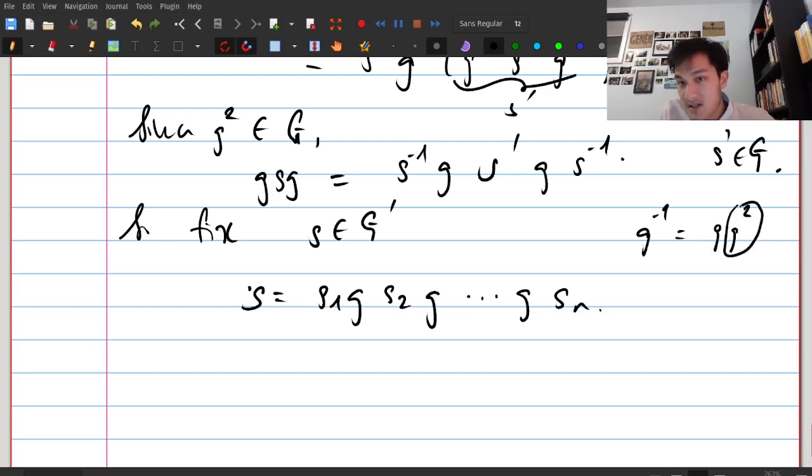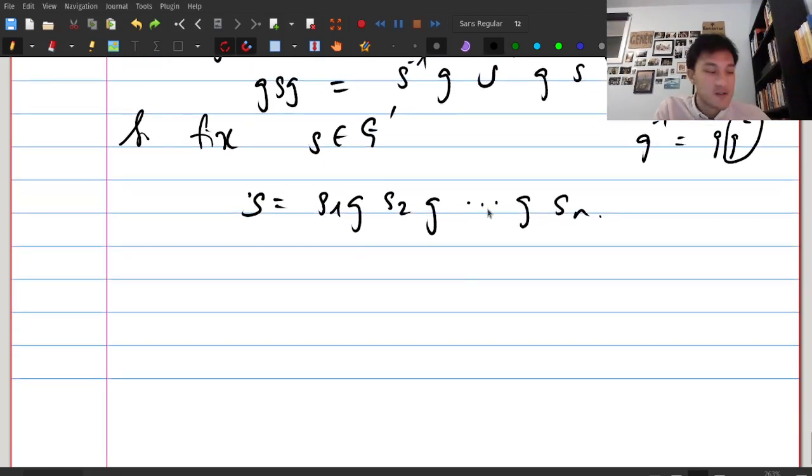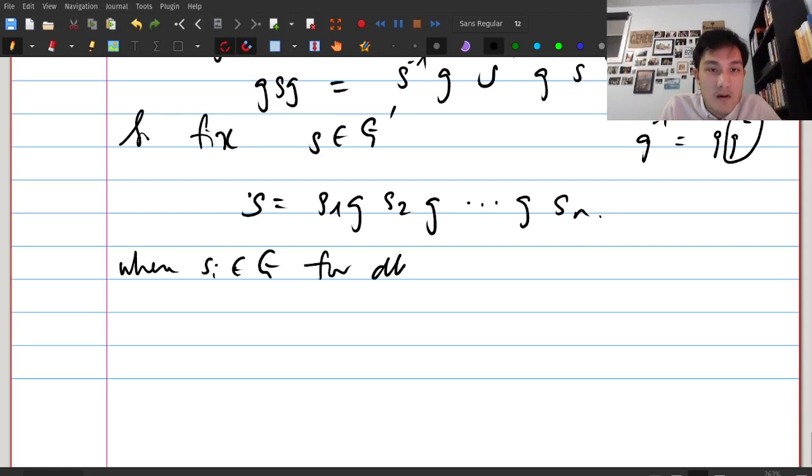So this G squared is in G, right? So it can just kind of get sucked into the S. Like if this was G inverse, it's actually the same as that, but then this is in G. So we can just change S2. So that's why it's almost easier in this case. We don't have to worry about all the little funny exponents. We always have G. The exponent's always 1. Where SI is in G, all I.